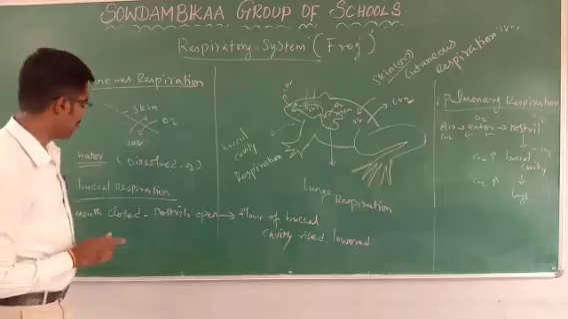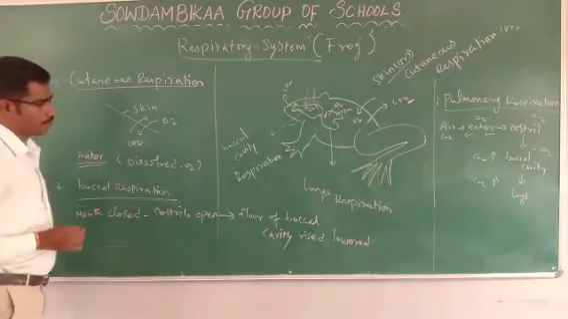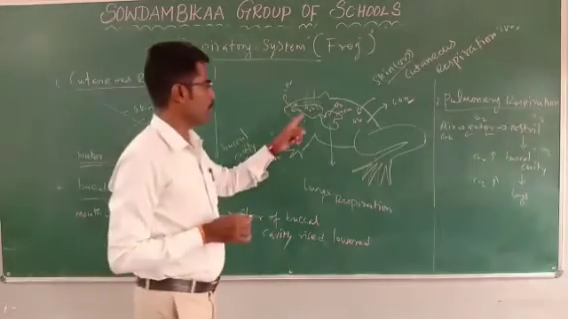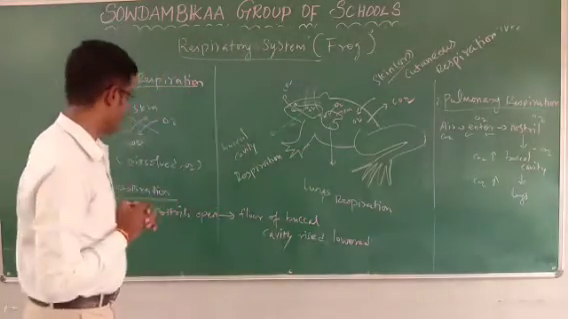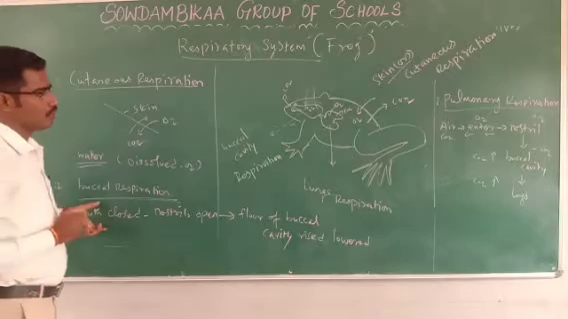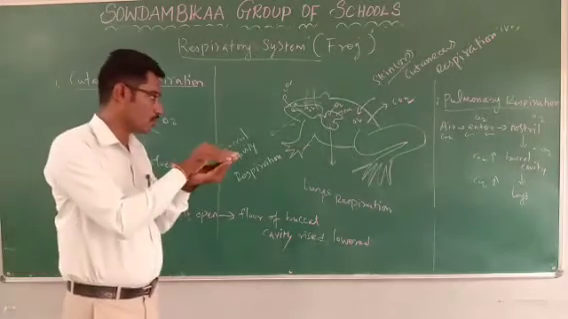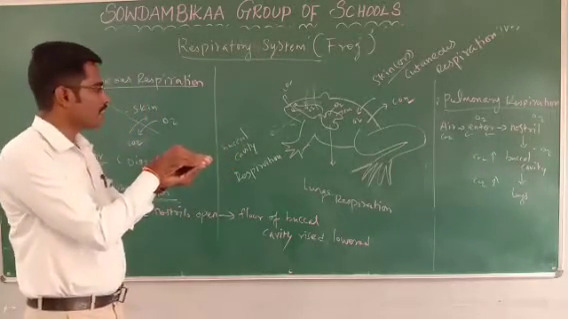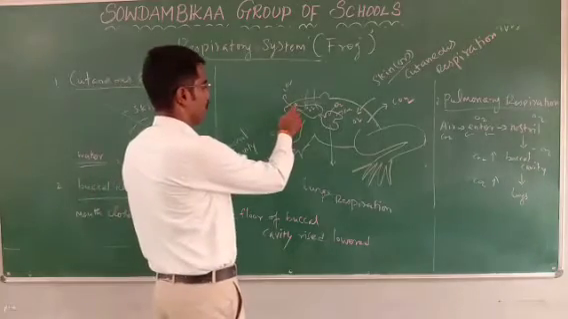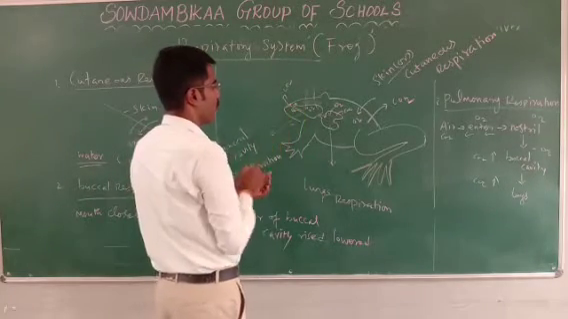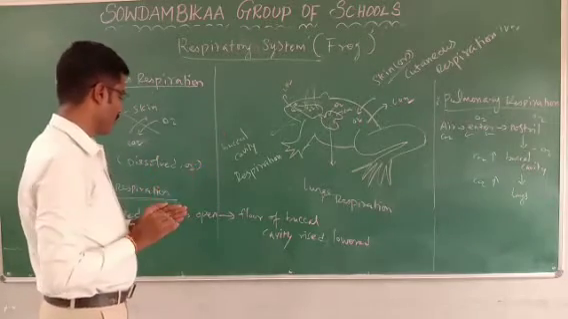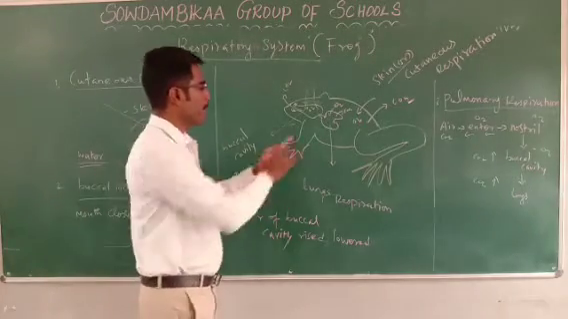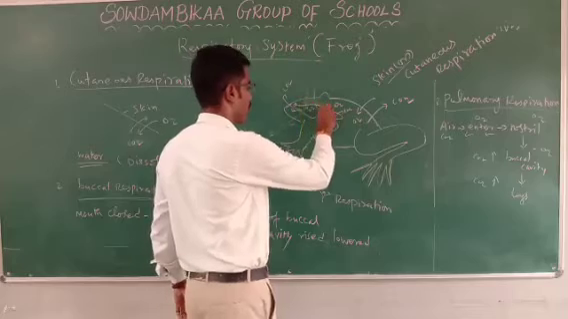Okay. Next one is buccal cavity respiration. Here is the diagram of buccal cavity respiration. During buccal cavity respiration, first of all, the mouth is closed. The nostril is open. See the diagram. Mouth is closed, nostril is open. The floor of the buccal cavity, that is the floor of the buccal cavity,